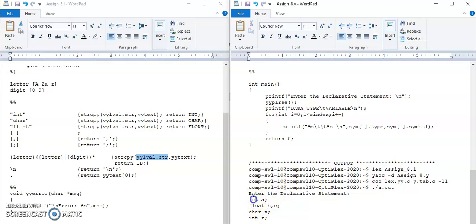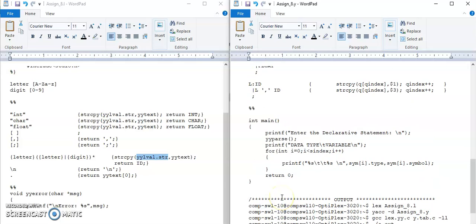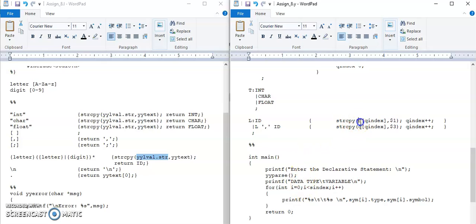So we want to store this int and the name of the variable both in the symbol table, that is SymTab. As we are having many variables or a single variable, we have used an array Q. So whenever we find ID, then its corresponding attribute value, that is the actual name of the variable, will be stored in the array Q. Because it is a string, you have to use the strcpy function.